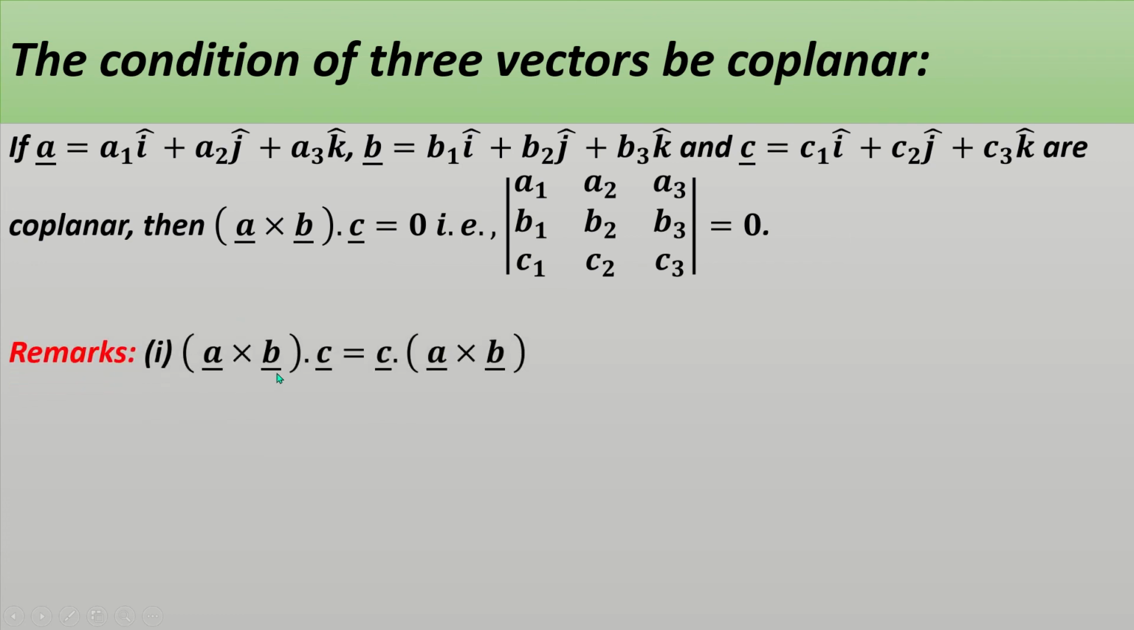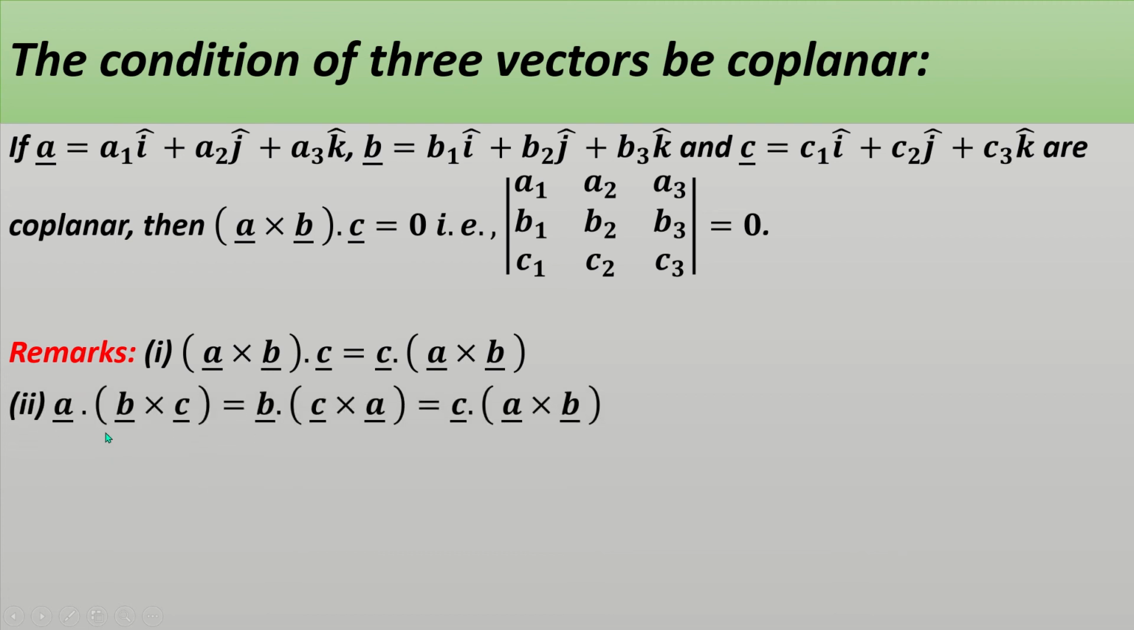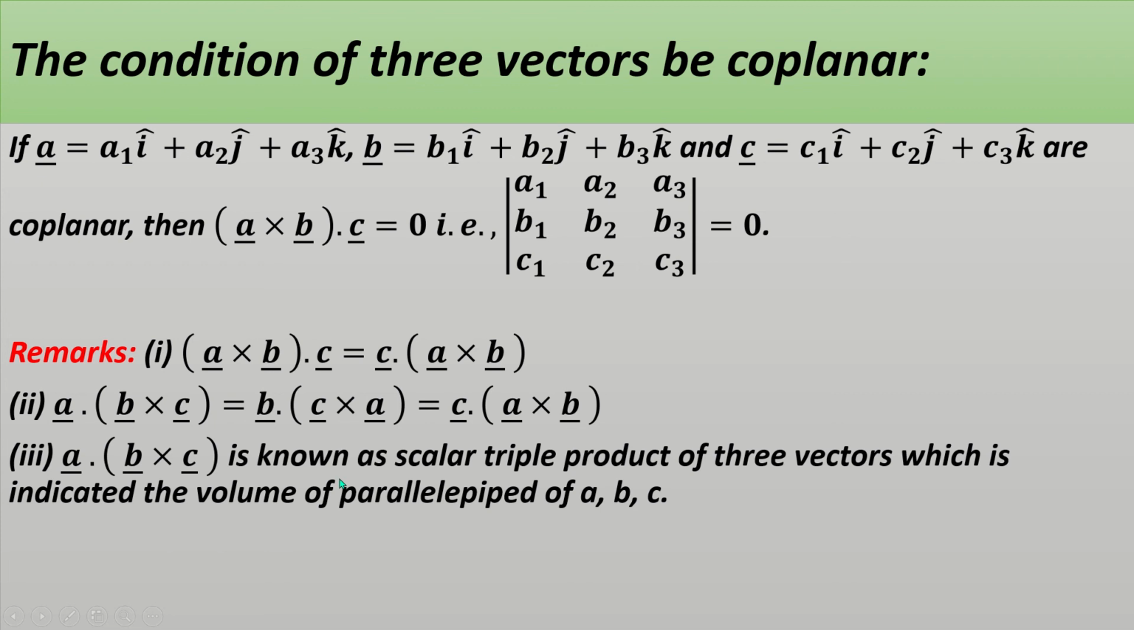Remark: a cross b into c means c dot a cross b. A vector dot b cross c vector equals b vector dot c cross a vector, which equals c vector dot a cross b vector. A dot b cross c is known as the scalar triple product of three vectors, which indicates the volume of a parallelepiped whose length, breadth and height are a, b and c. Okay,